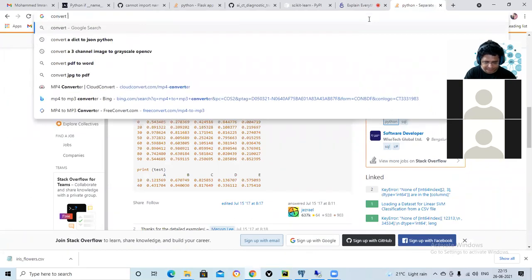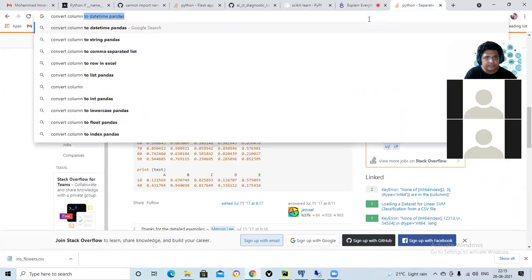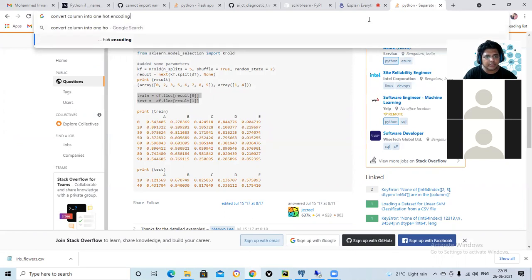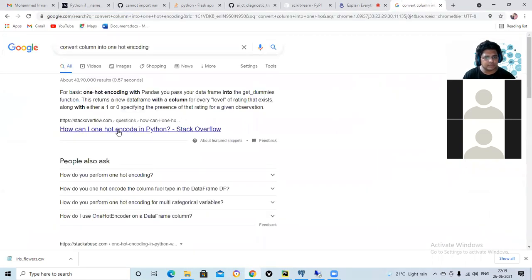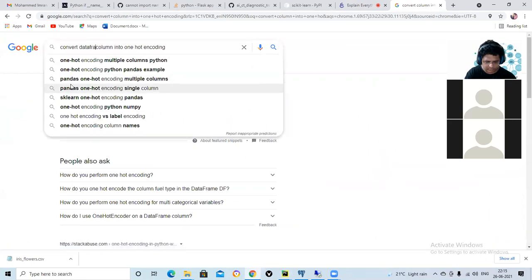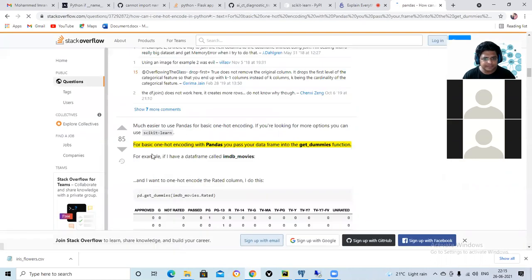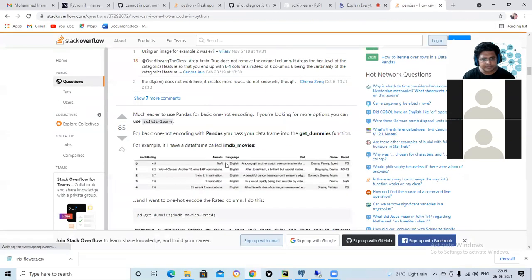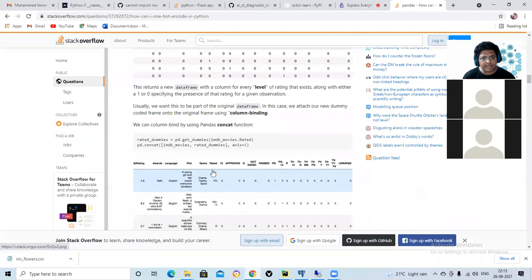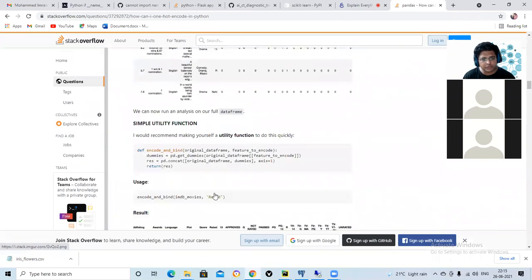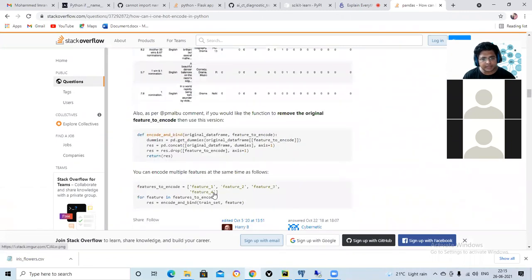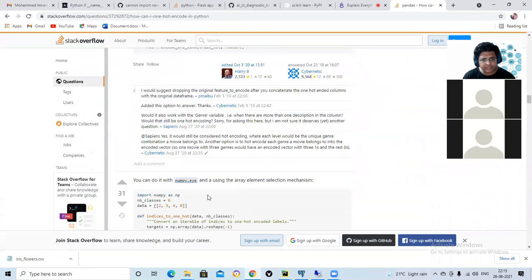Convert column into one hot encoding. We can do it by writing code, or we can do it using existing functions.